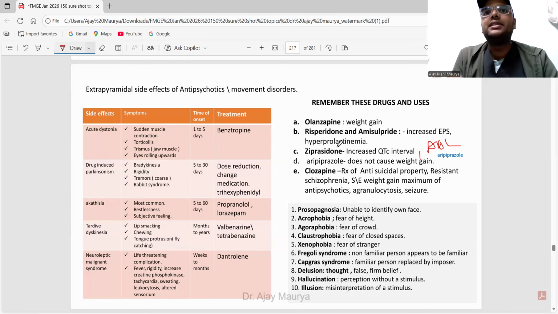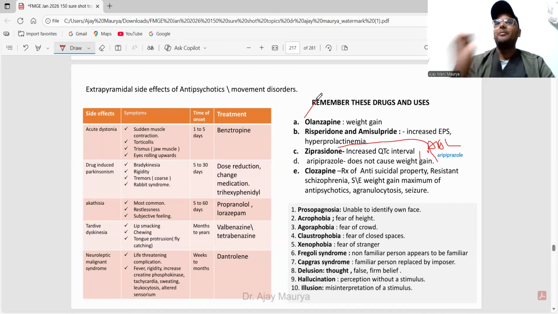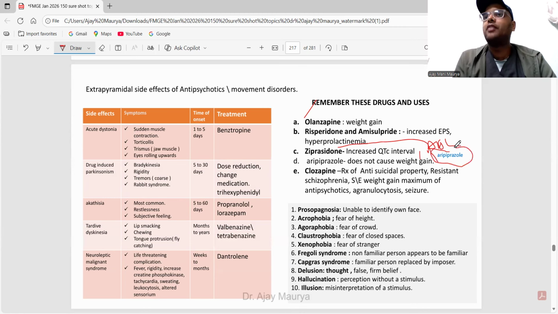Except that, risperidone and aripiprazole show very few side effects. For example, olanzapine has the side effect of weight gain. But if they ask which does not cause weight gain, it is aripiprazole, and risperidone has the very least. Out of them, aripiprazole is the most important one. Also, aripiprazole is preferred in the patient